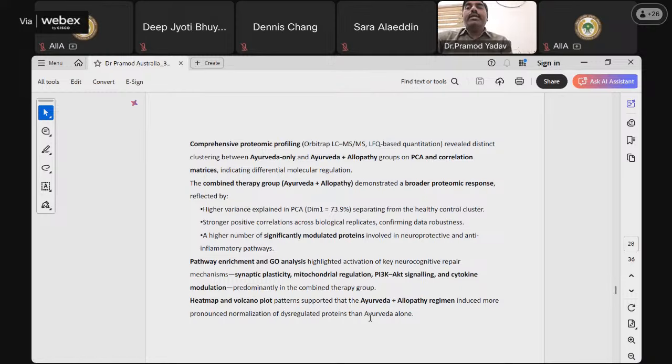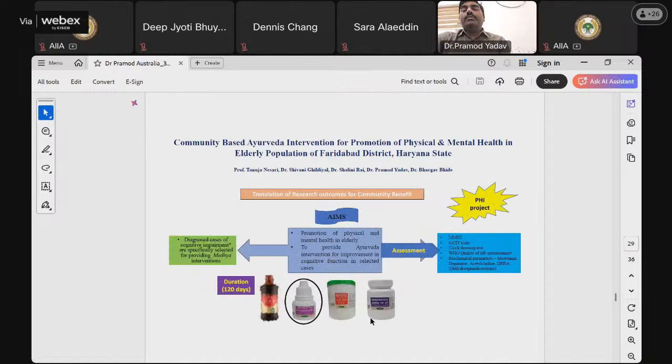So we got very encouraging results on the clinical trial, and then we converted this formulation. We took one step ahead, and we looked into how we can benefit the community with the help of this Ayurvedic intervention. So we carried out a large-scale community-based intervention. This was the project which was funded by Ministry of Ayush, and in this project we